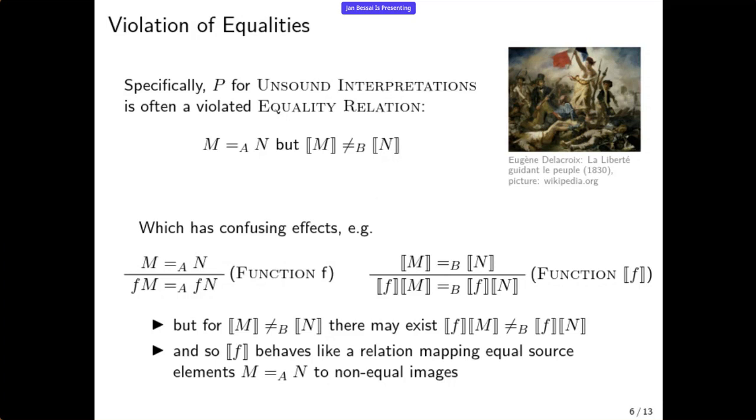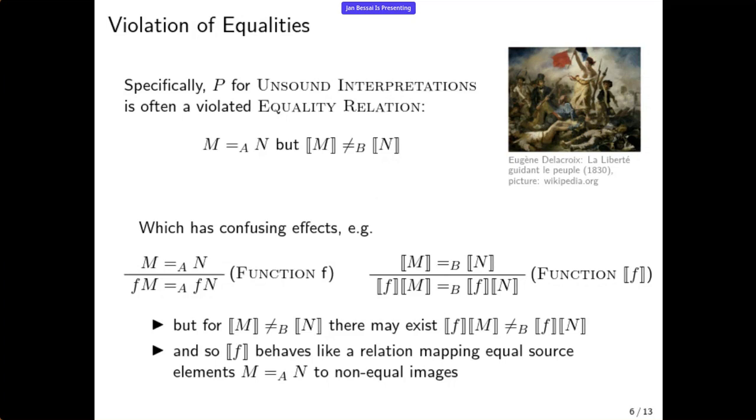And this can have really confusing effects. For example, if we have some function f, and we have M equals N in A, then we can of course deduce by the functionality property of f that f(M) equals f(N) in A. Otherwise, it wouldn't be a function, it would be a relation. However, now, if we translate everything to our other domain B, and apply the same translated function to the translated elements, and assuming that our translation even gives us a function,